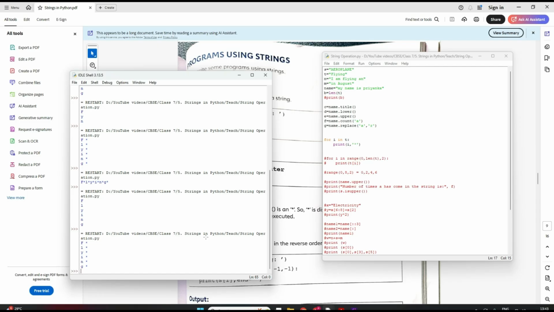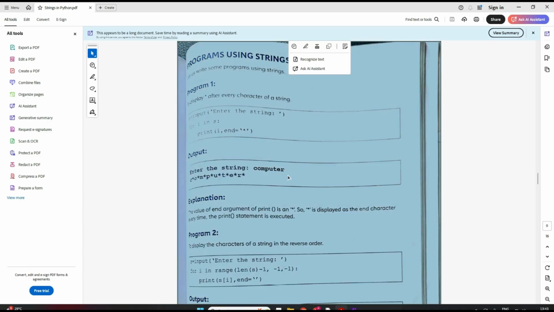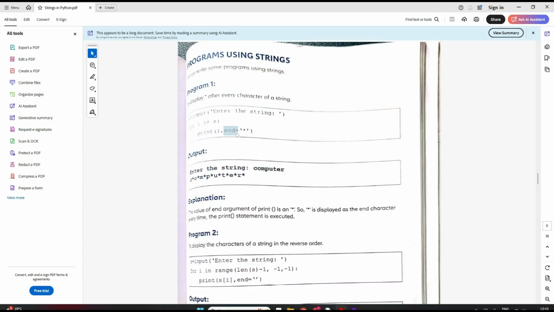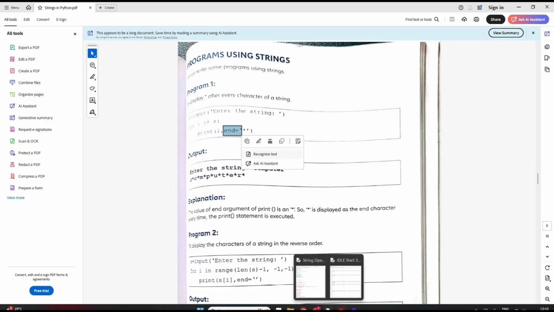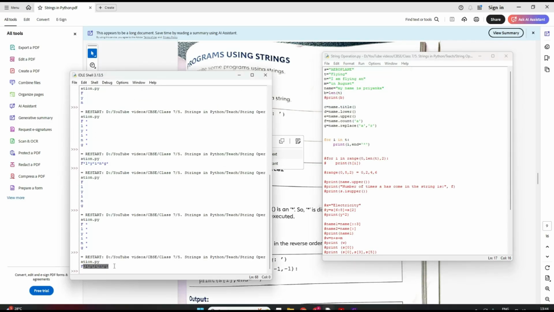character, but I want it in a single line, the way it is coming here. So for that in Python we use this function end, so it will not go to a separate line. If I write end is equal to a star, it will not go to a separate line. In the same line it will put a star. So yeah, this is simple, right?